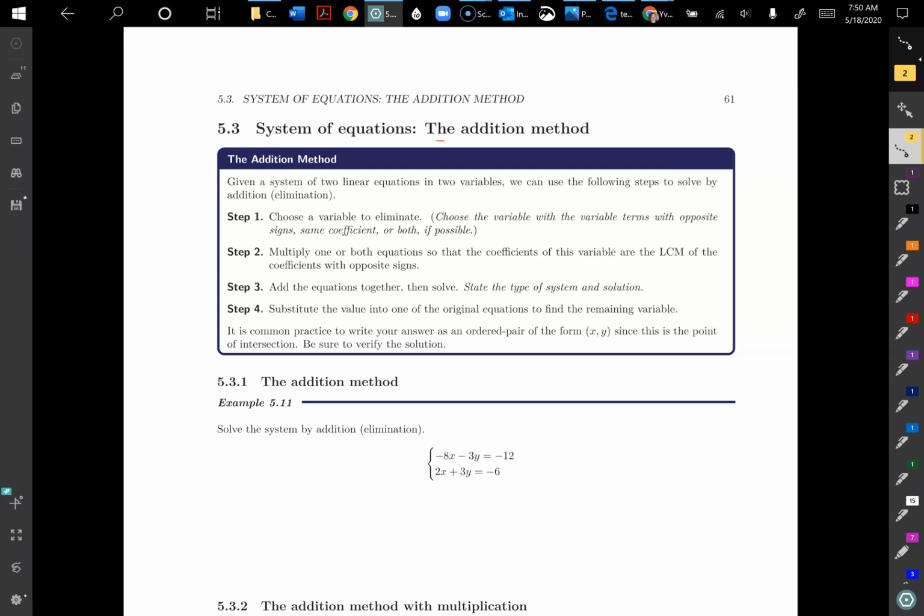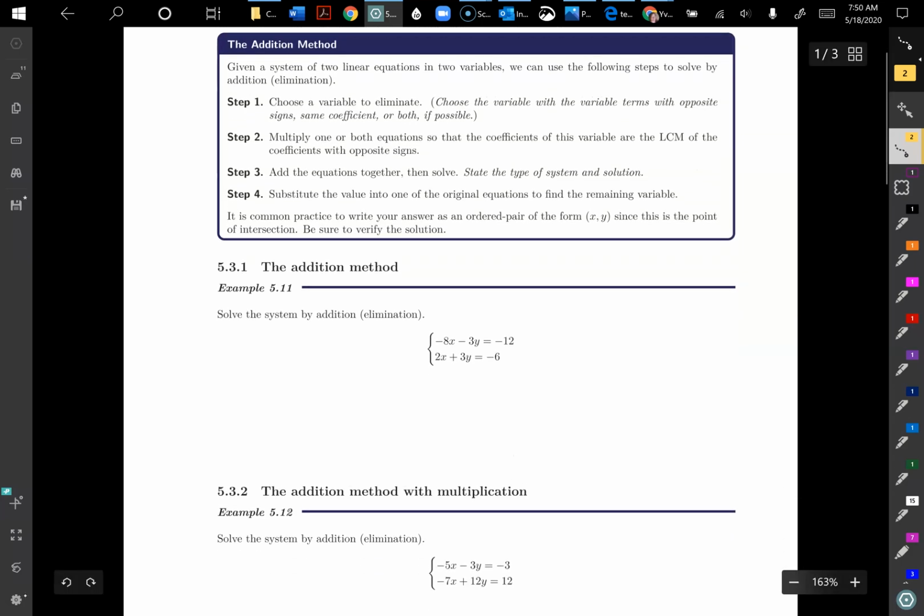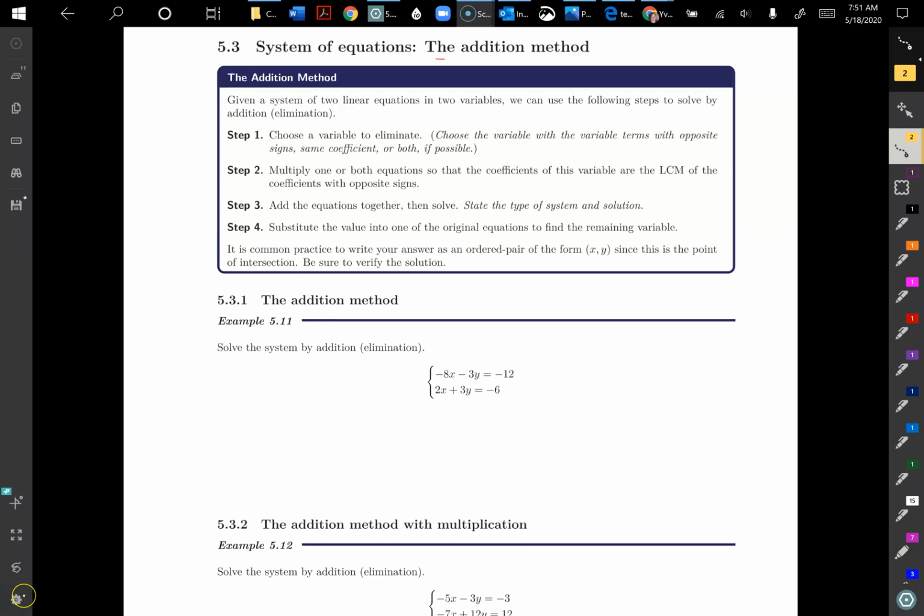Now this process conceptually is a little bit tricky, especially with the lowest common multiple thing, and it's probably something brand new to a lot of you and you're not used to it. But once you get used to it, it's actually really efficient and nice and one of the better methods to use. So I'm going to leave the directions right here for you to be able to reference, and we're going to look at these two